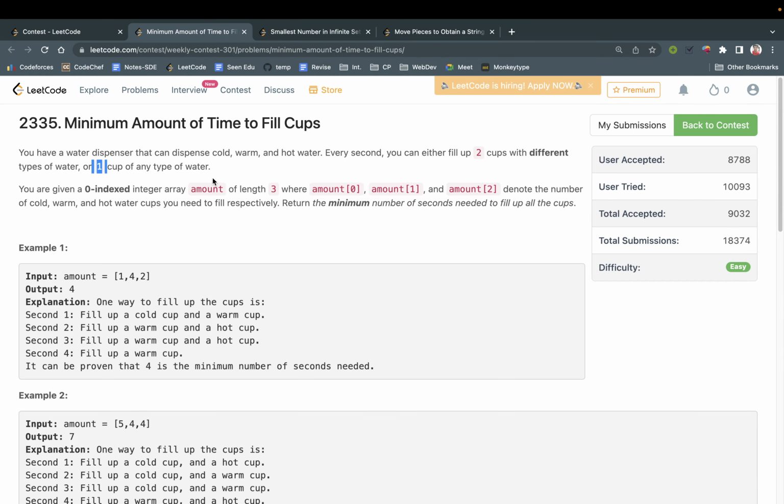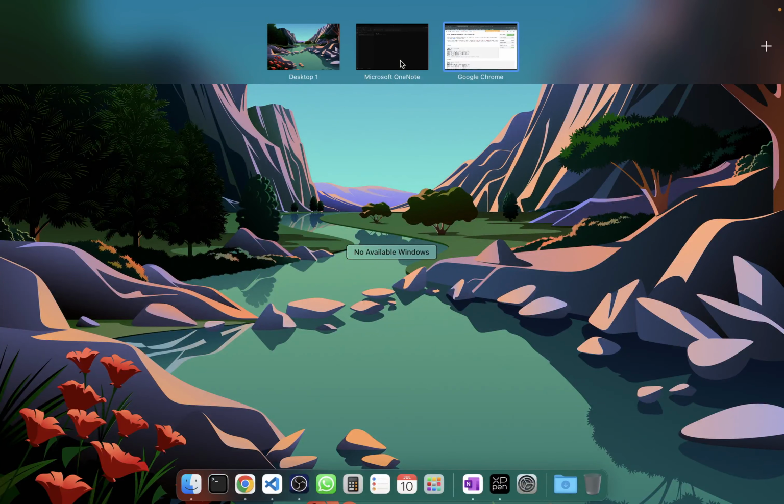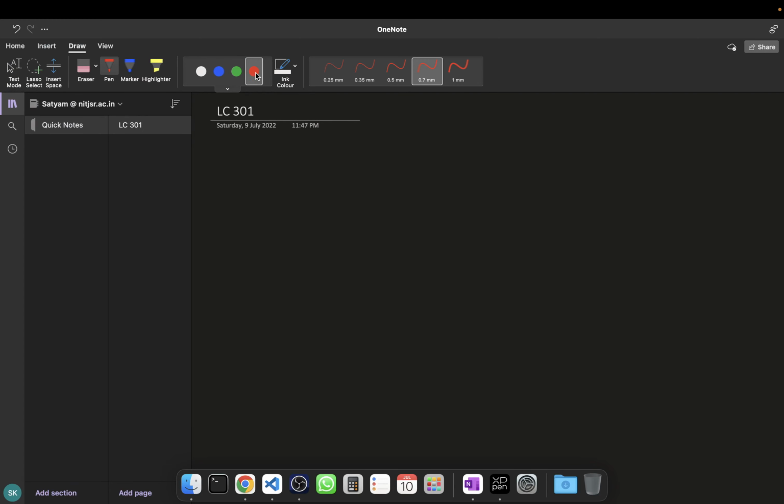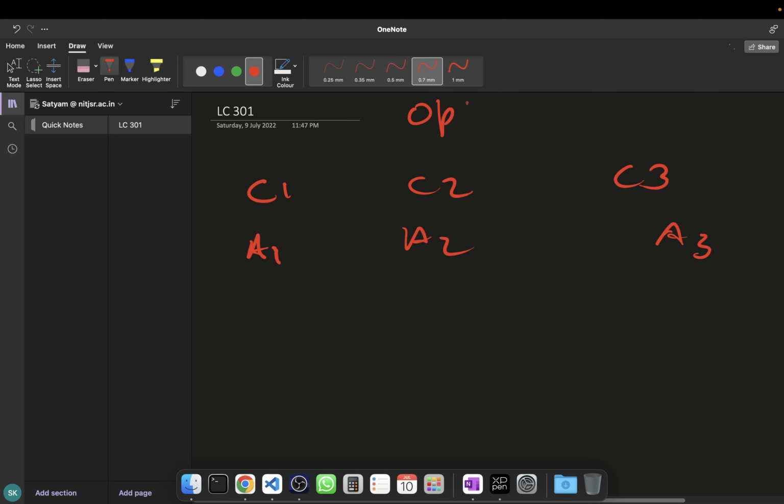Okay, there are two possibilities. Moving to my OneNote. We have cup 1, cup 2, and cup 3, and we have to fill them with amounts A1, A2, A3. The operations we can do are: first, we can fill two cups of different types, or one cup of the same type. So according to the ingredient,